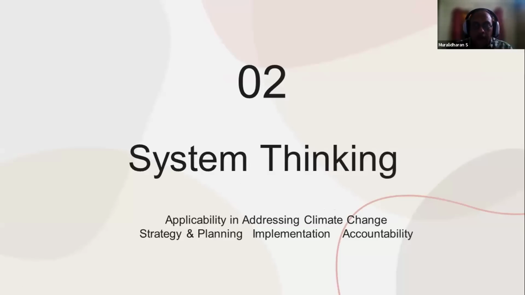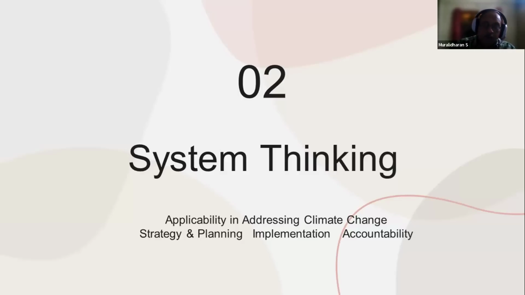Now, how do we get into the implementation part? So we require a strategy and planning, implementation, and accountability. When I talk about all these three things, it is applicable to a company which is looking at just transition. It is applicable to a state where they are coming up with the policies. It is applicable to a nation like India, and that is also important. And it is equally applicable to a continent or the world when we talk about the strategy, planning, implementation, and